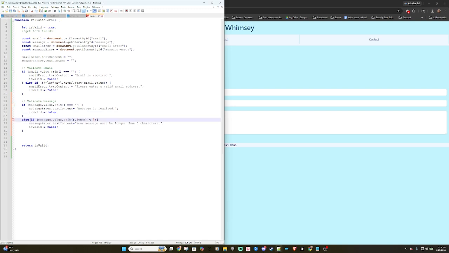Then we check if the length is less than 5, and it says your message must be longer than 5 characters. You can make this be anything that you want. You can say 180, and it would be 180 characters, and that's fine. Then if everything is valid,